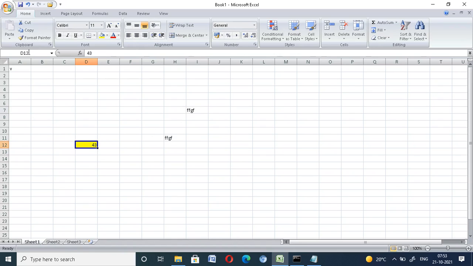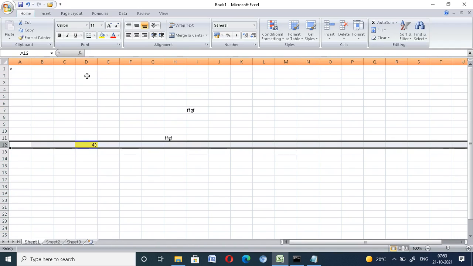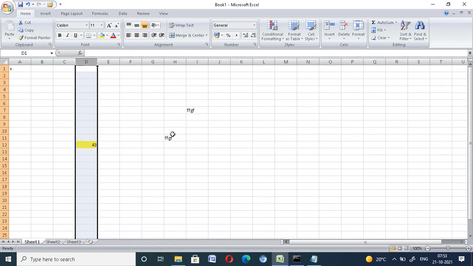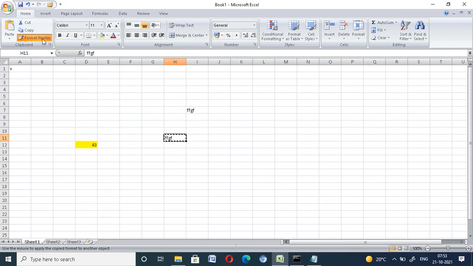How to do it: first set the format, then click Format Painter and click the cell I7. The format of the cell is changed to match D12, without changing any values. Now this part is complete.